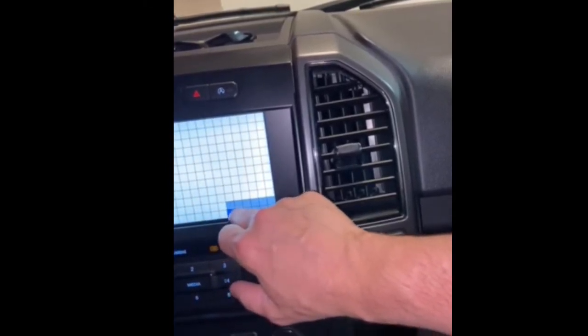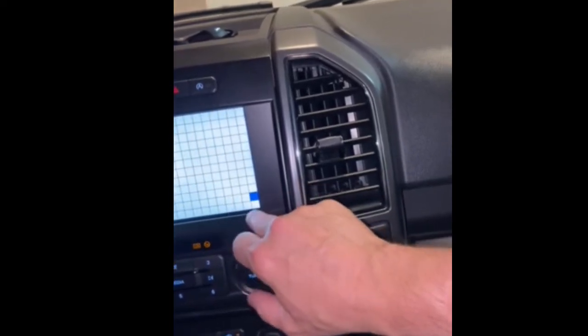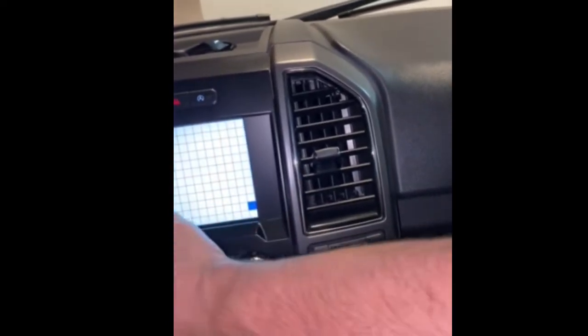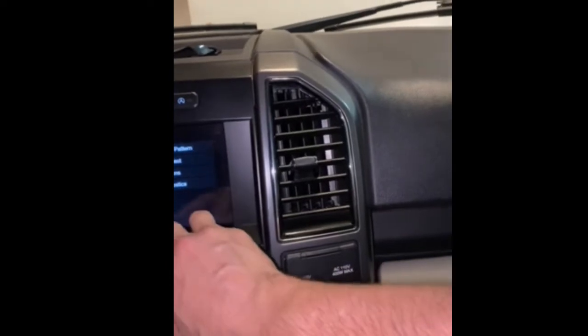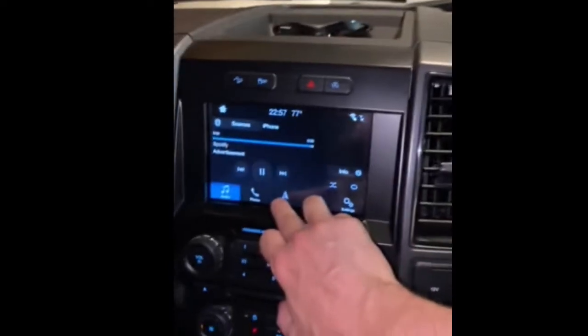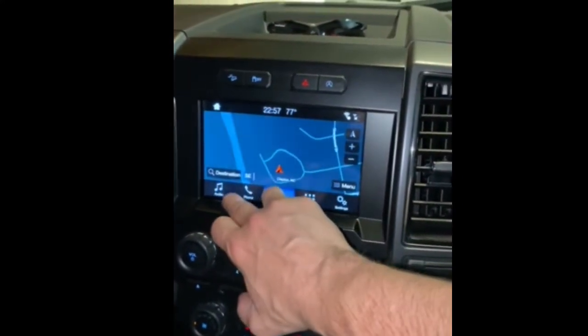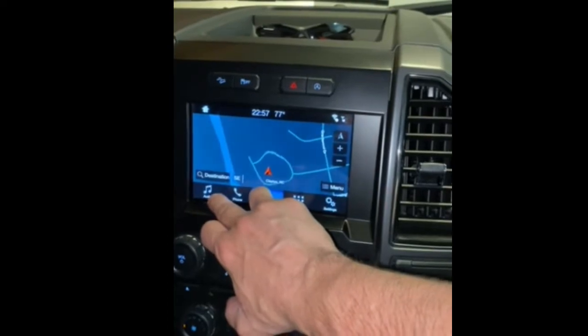Once I went in and did this, let me tell you something. It's been pretty responsive tonight. Very responsive. Exit diagnostics. Navigation. I'm in my garage with no...